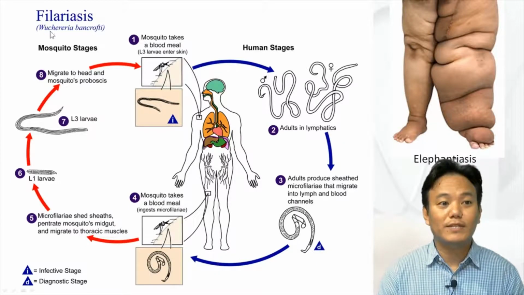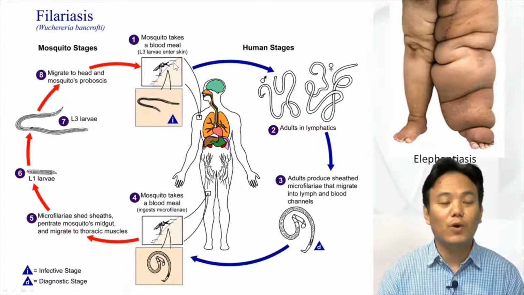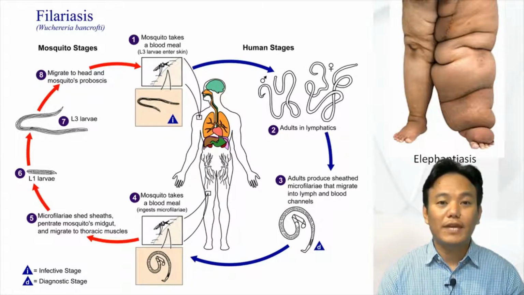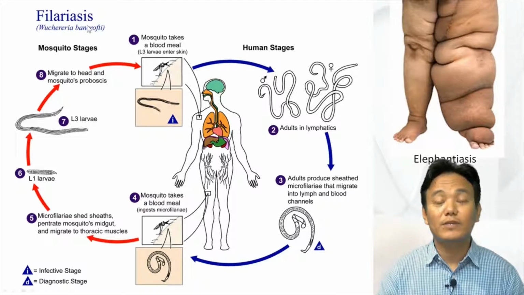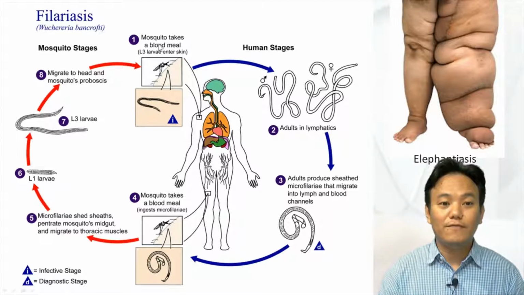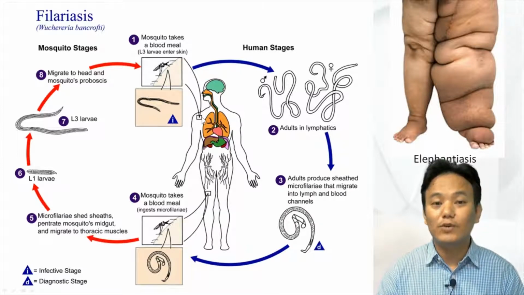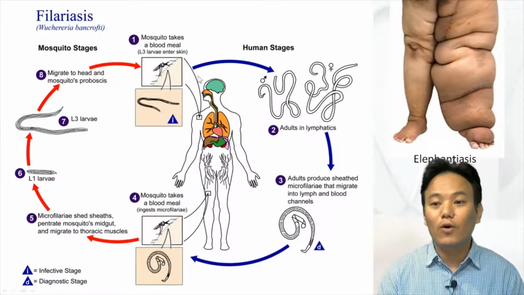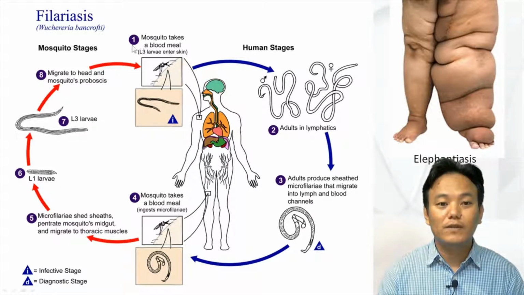As I told you, this particular disease is mosquito borne. Any form of mosquito, Anopheles, Culex, Aedes, any type of mosquito can carry this disease. When an infected mosquito bites a healthy human being, she will inject or deposit the L3 larval form of Wuchereria bancrofti. This L3 larval form goes into the lymphatic system of the human being, where it will mature into adults.